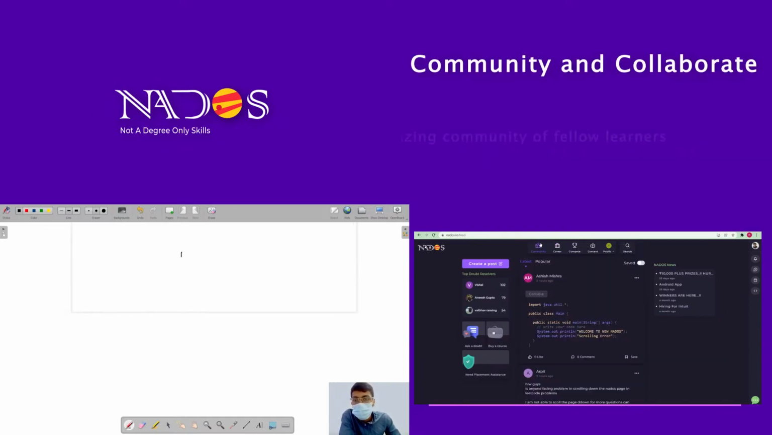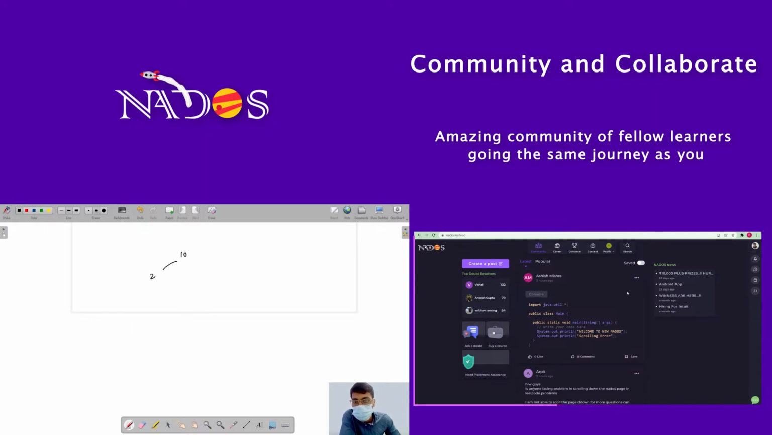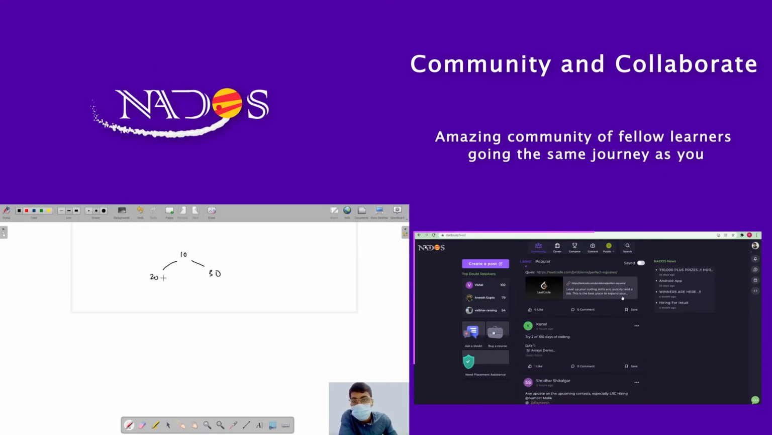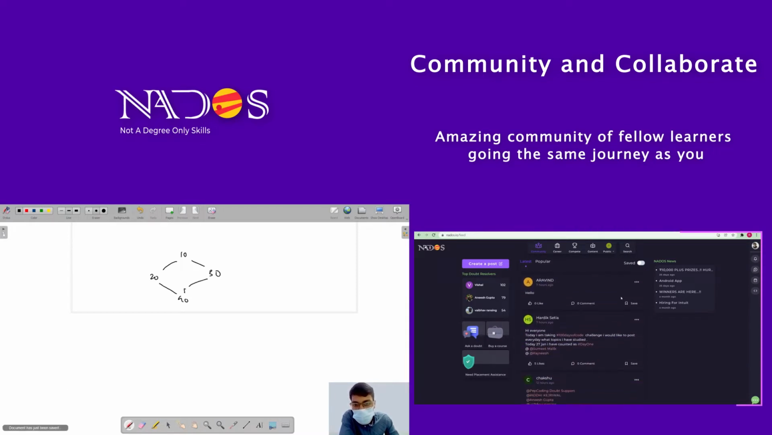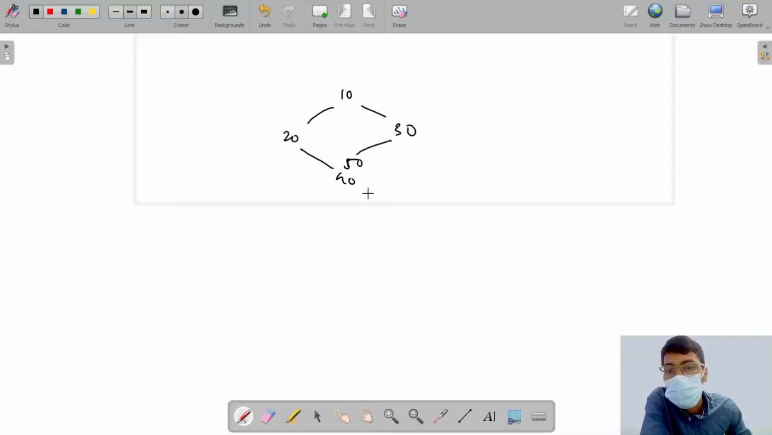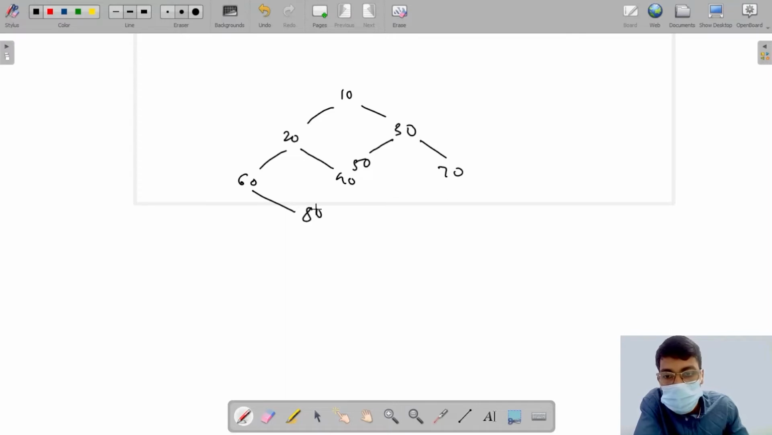I'll make a binary tree 10, 20, 30. Now when I make 40 and let's say 50 here, then these two are going to overlap, or instead of saying overlap, I can just write here as 50. Okay, similarly here let's say 60, 70, 80 is going to be under this 20. Okay, and similarly if I draw, instead of writing this, 80 is going to be under this tree,